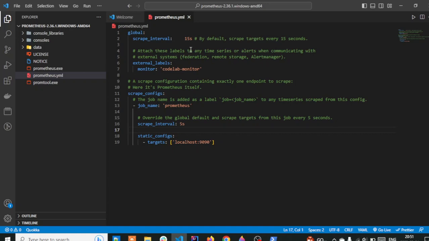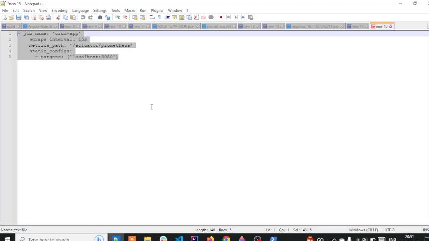Okay. So here I have defined Prometheus, that's why it's targeting this URL. Here I have defined 5 seconds, which means our Prometheus will scrape that information from Prometheus every 5 seconds. Okay. Similarly, for our application, we need to add some lines of code. I have already done that here. Okay, just copy